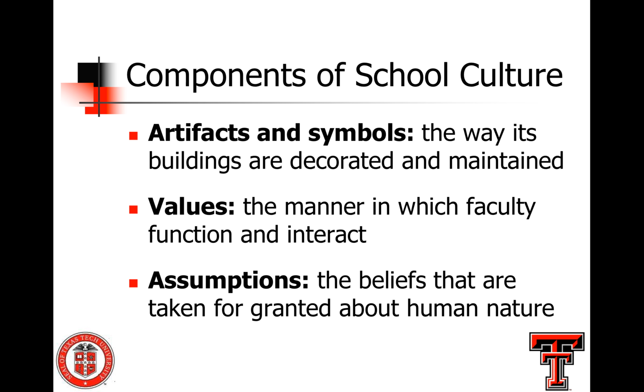Obviously, to remodel a building costs a lot of money, so it's sometimes very difficult for schools to build new buildings or update buildings, fix buildings, those sorts of things. And the values for faculty, how they interact and what they do. Obviously, if they've been doing something for a very long time, it's hard to get them to do something different. And so those values take a long time to change,